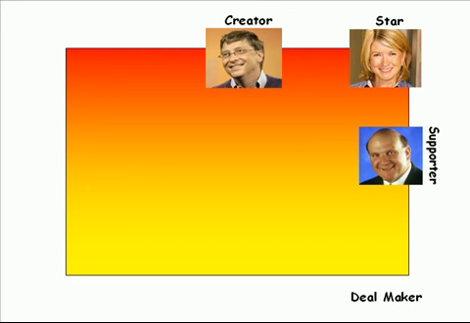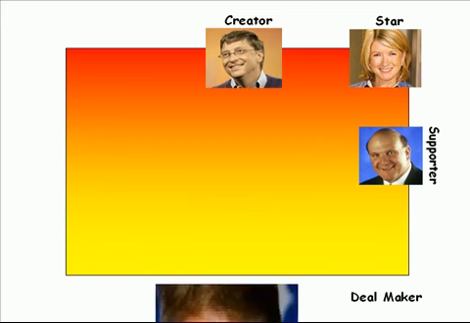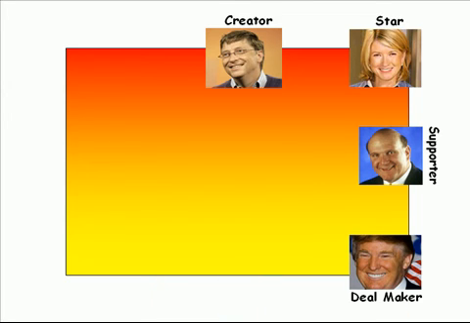As we go down the matrix, we run into our next profile, and that is the deal maker. Deal makers are in their flow when they spot the differential in a deal, and that's when they take action. And who should we spotlight here for that? None other than Donald Trump. Sitting at the base of the wealth dynamic square are traders. Traders operate best through data research and can often make their money in front of a computer screen. Traders are sensory, reacting to events as they take place.